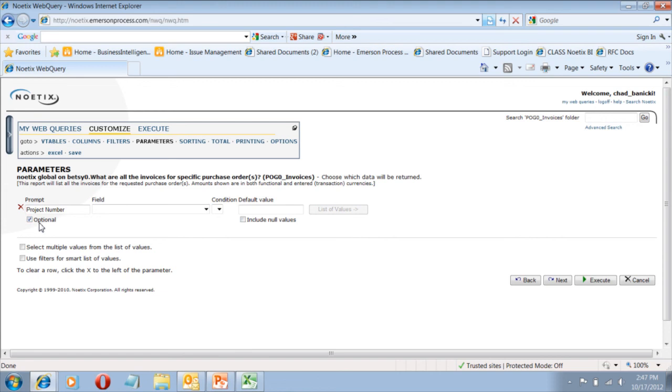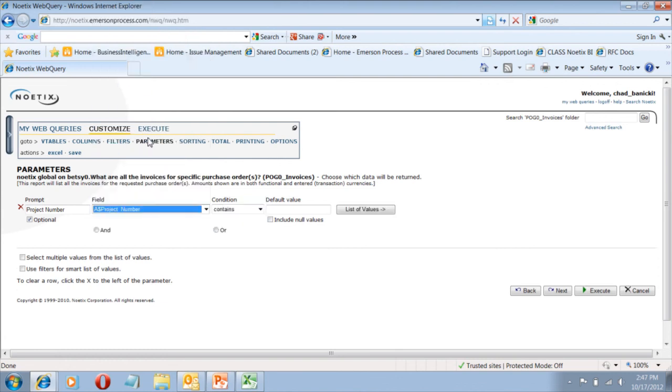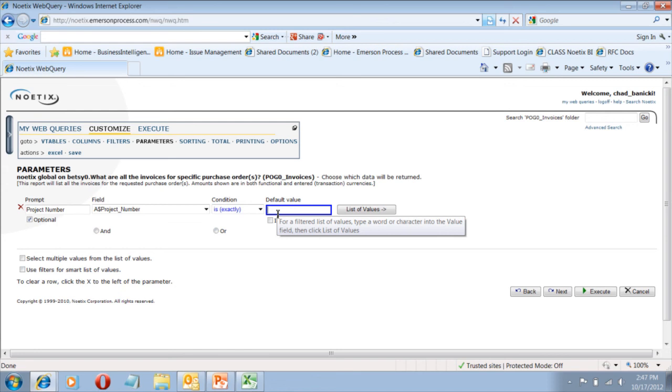You might remember from the last class, you can click optional. Now I have to select the field from the drop-down. So I'm looking for the project number. And then you're going to put is exactly. So we're going to assume that the person knows exactly what that project number is. So these are the basic, step-by-step things that are